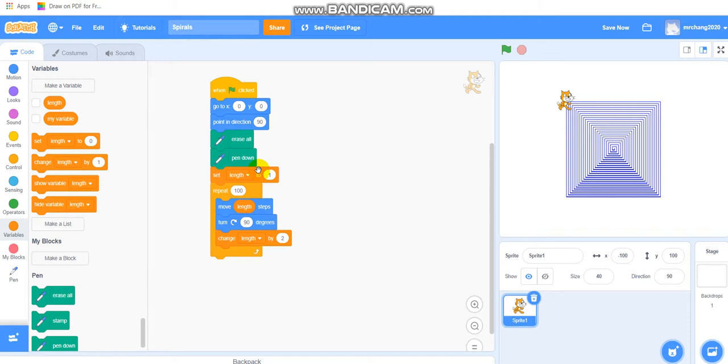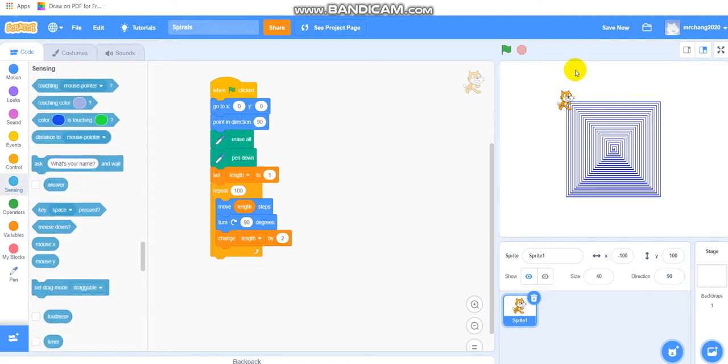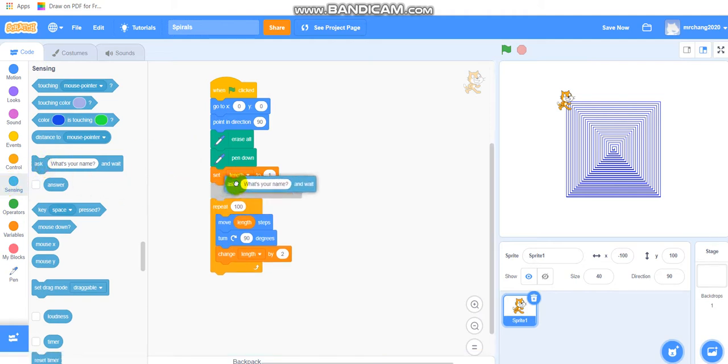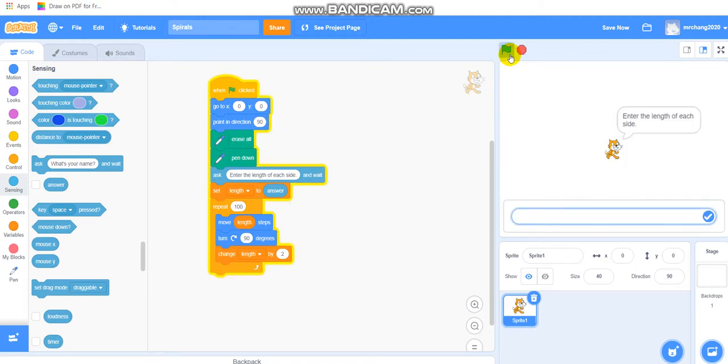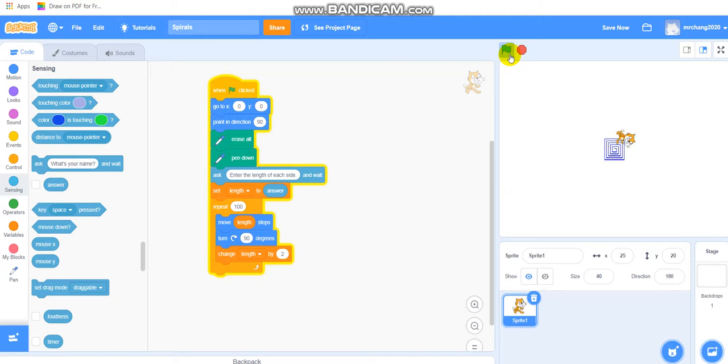So in order to have the user choose any length, what we can do is have the cat ask us what length to put in. So I can just put this right here, and I can put something like "enter the length of each side," and then we're setting the length to whatever we put. Okay, so let's go ahead and try that. If I press the green flag here, enter the length of each side. Let's say I want to start off with a length of 5, and as you can see,